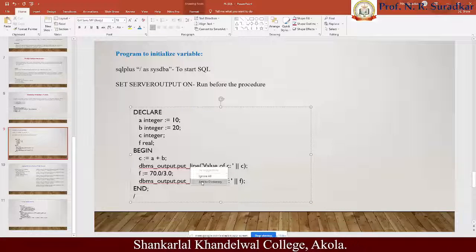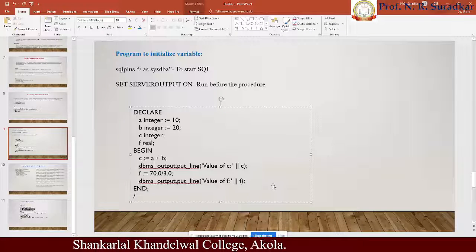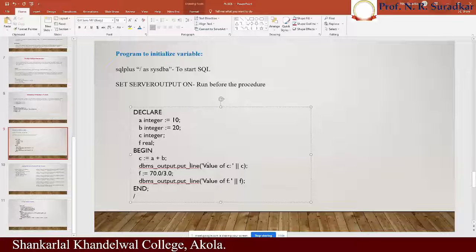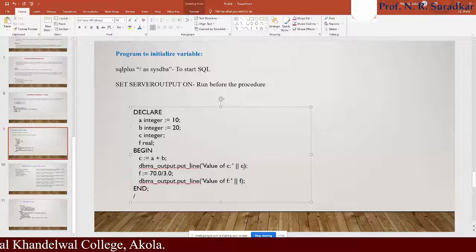This is the statement to follow whenever we want to print the result. In single quotation marks goes the text, for example 'value of C'.